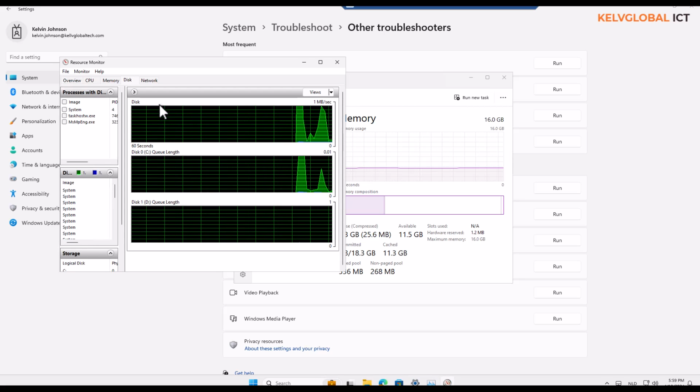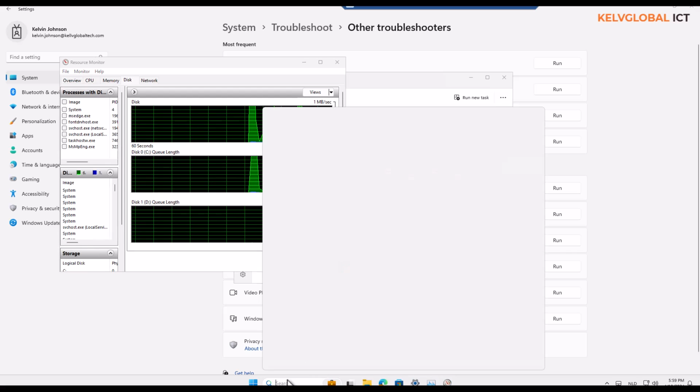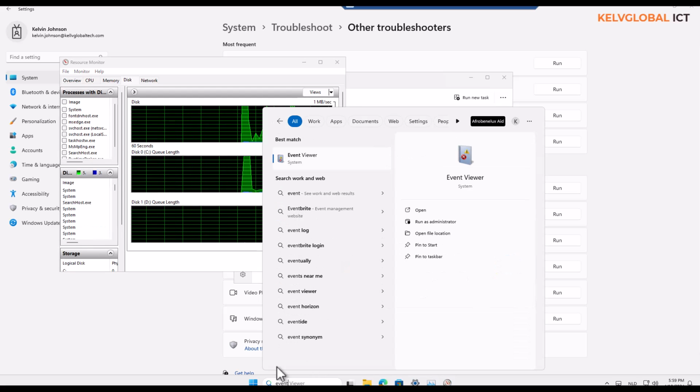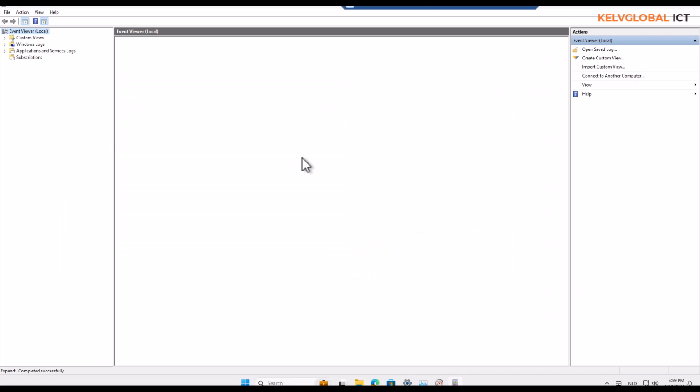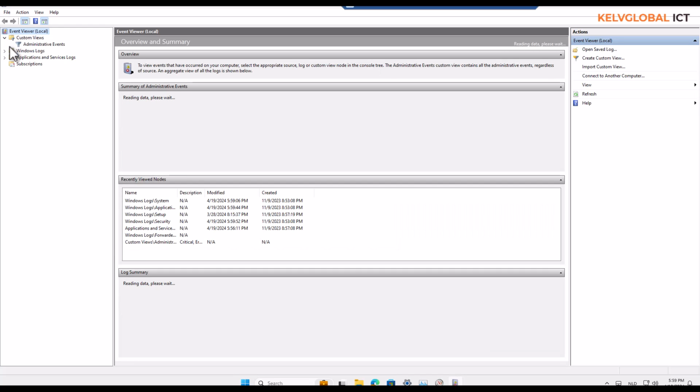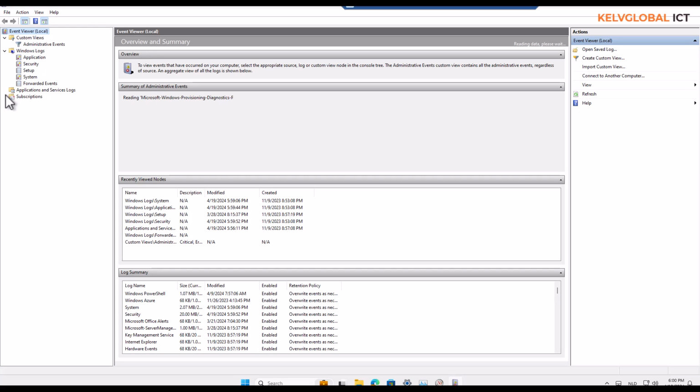One thing I also want to show you is the event viewer. If a user is having an issue with his device, one of the places you want to go to check and verify what the problem is, is event viewer. If you just type event, you can see we have the event viewer here. In event viewer, every single activity that happens on this device is being logged. First of all, if I go to applications,